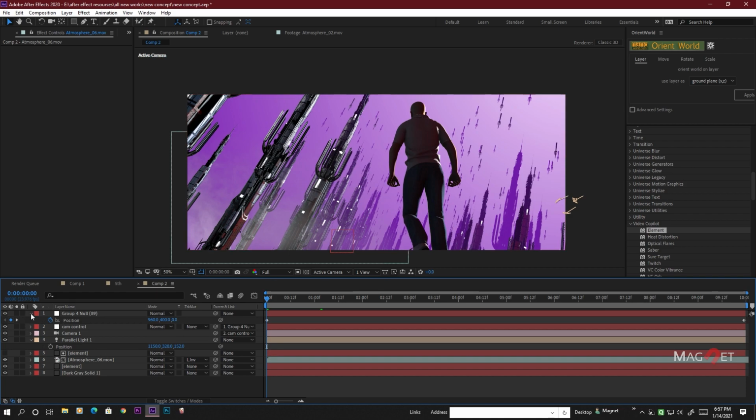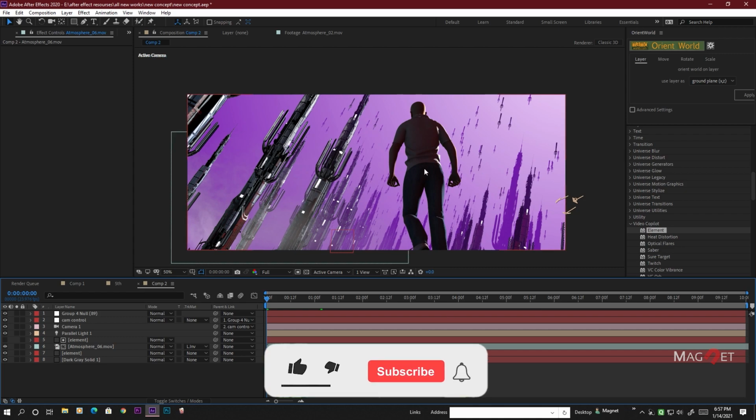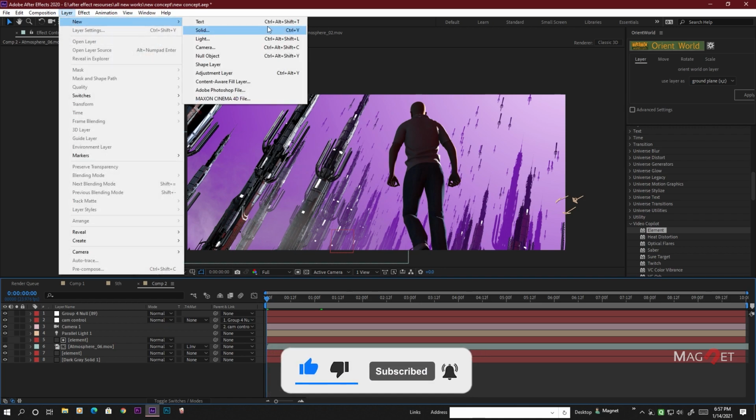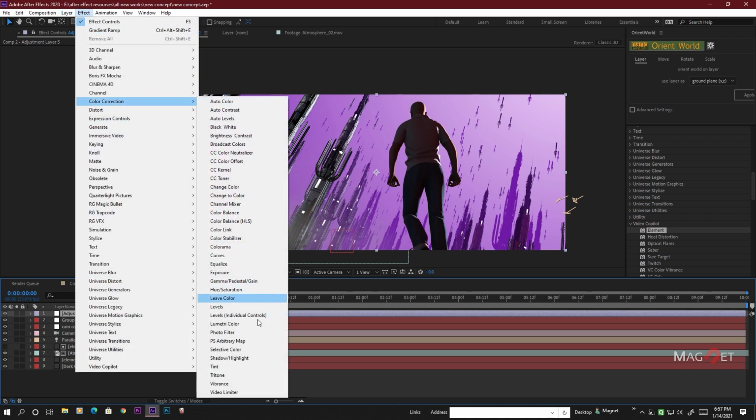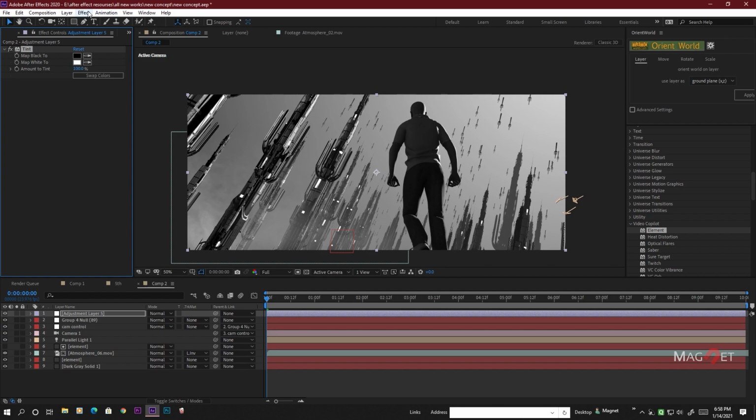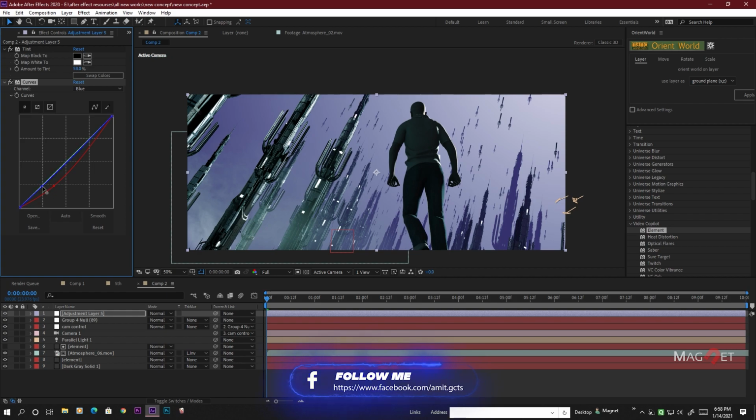Okay, so now we do some color correction, which is very important for this scene to look good. So first we create a new adjustment layer, go to the effects, go to the color correction, and first we use the Tint effect, and again we go to the color correction and use the Curves. So decrease the tint amount here, go to the red channel and decrease that, go to the blue channel and increase that, and also go to the green channel, we do the settings like this. Okay,